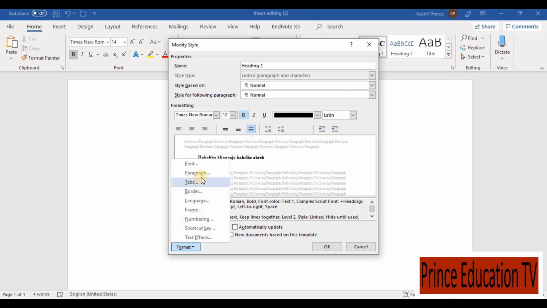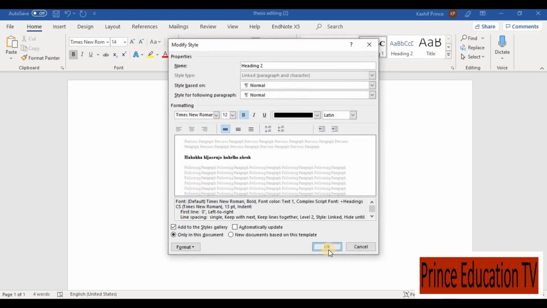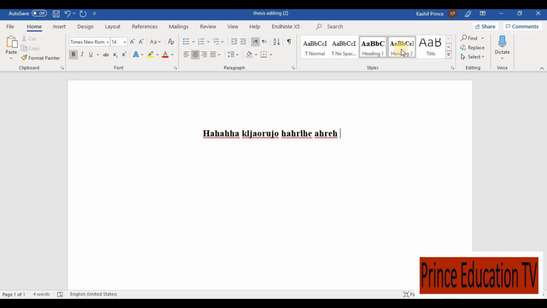In the format section, in the paragraph, the first line becomes none. I can keep it double or single. In my thesis it was single, so it will be okay. So now I will click here, and I have selected heading style 2.